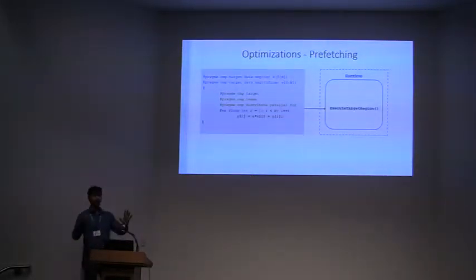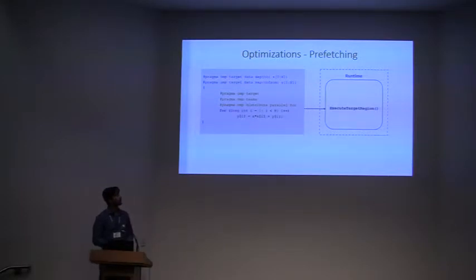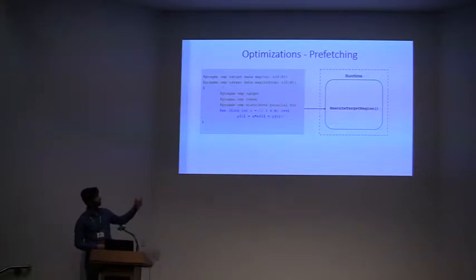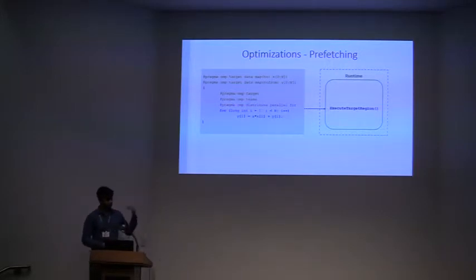So, starting with optimizations, the interesting part. The first optimization that we implement is prefetching. This is how it boils down. On the left side, you have an OpenMP code, the same code, Saxpy. x and y are the input vectors, and you're computing an expression and saving it back to y. When this code is compiled, this maps down to an API call into the runtime right here, execute target region, which essentially